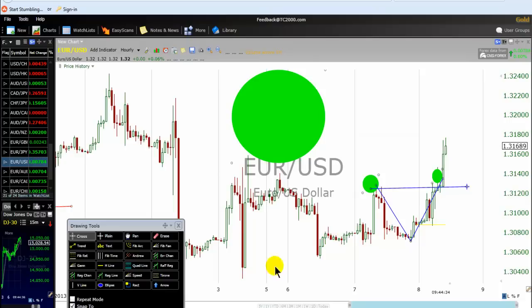Let's get started. Now we have a round bottom, which means price went down from here and returned back to the same place. This is what we call a round bottom. The price turns around like this. That is a round bottom. If you look carefully,